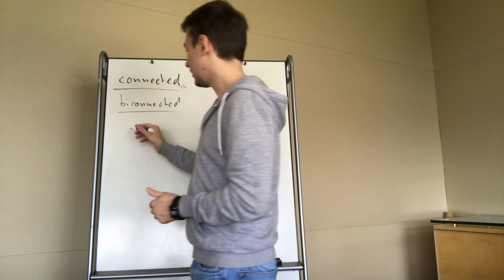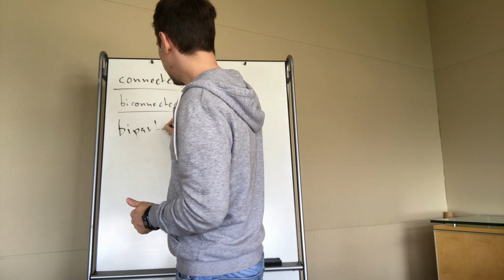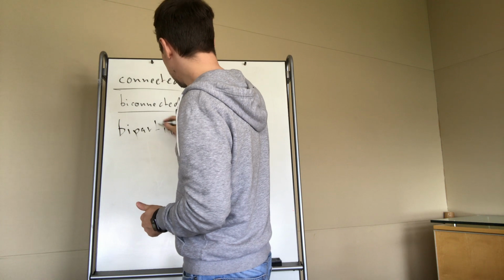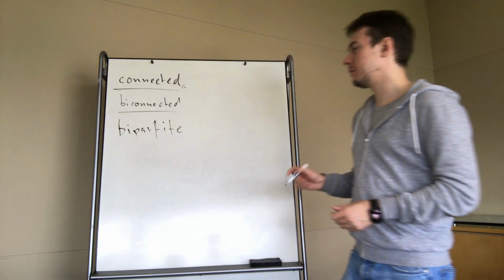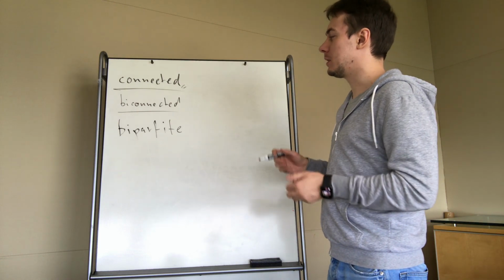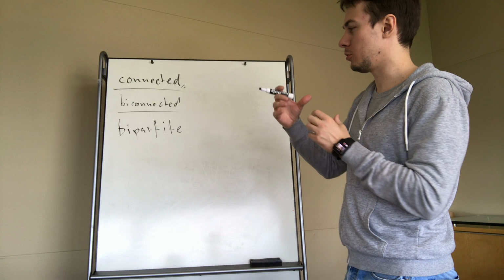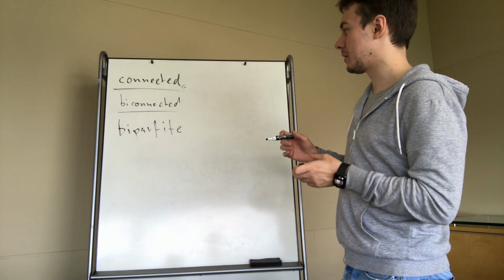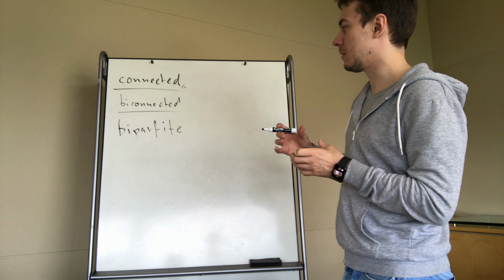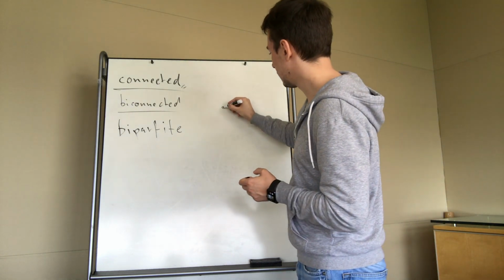And the third definition is bipartite graph. Bipartite graph is a graph where you can split the set of its vertices into two subsets which have no common edges at all. Let's say